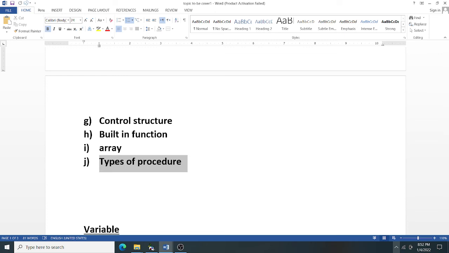So what are the types of procedure? Event procedure and general procedure. And general procedures are of two types: sub procedure and function procedure. A sub procedure does not return any value, but a function procedure will return a single value. And always we give the program controls, meaning text box, label, these are called controls. To these controls we give some event. So always we are using only event procedure.